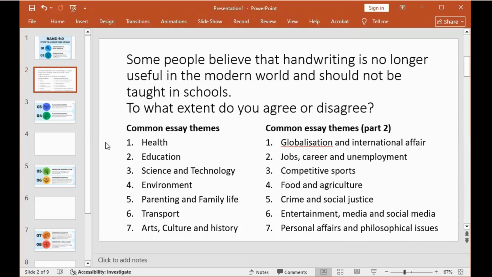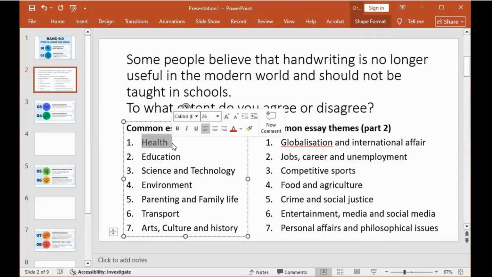And the reason for being able to figure out these themes is that it helps you to come up with some theme-specific words, okay? So if I see an essay question that has to do with health, there are some words that should show up in my essay, okay? Words like hospital, doctors, medications, discharged from the hospital, diagnosis, incidence, prevalence of disease. You understand? There are some words that should show up in that kind of essay. We call them theme-specific words.